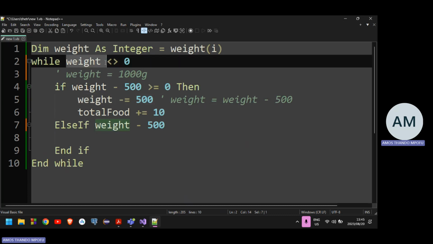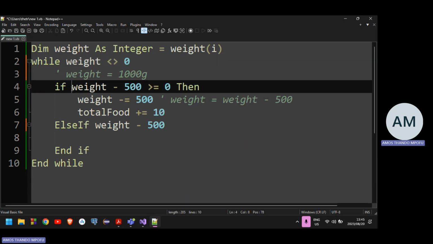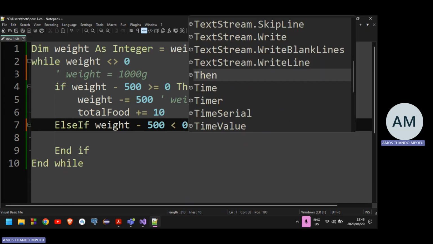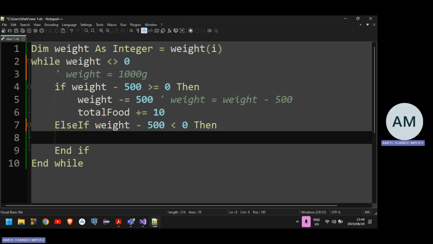Then it goes back, it checks, is the weight still not equal to 0? If it is not, remember that now I'm left with 500. 500 minus 500 is 0. So it's like, oh, okay, I'm able to subtract. And then it continues going on and on and on. So what I'm going to do is I'm just going to say if that happens to be less than 0, if it happens to be less than 0, what I'm going to do is